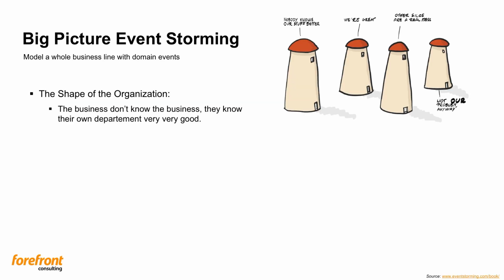Before I tell you exactly how to do it, this is my view of how it looks at many organizations today and what event sourcing can help you with. If you do the big picture event storming, which is a good starting point if you've never done this before and you want to try it out on an existing process or workflow or something new that you're going to build, this is usually how it looks. You will have the shape of the organization, the people involved in the value stream, which is made out of, at least in a bigger company, several different departments or groups of people,